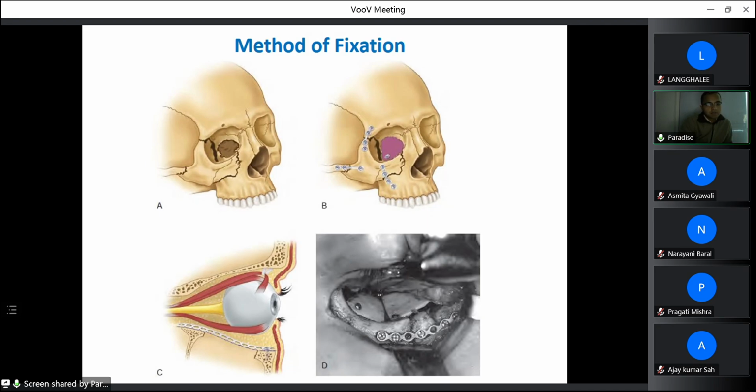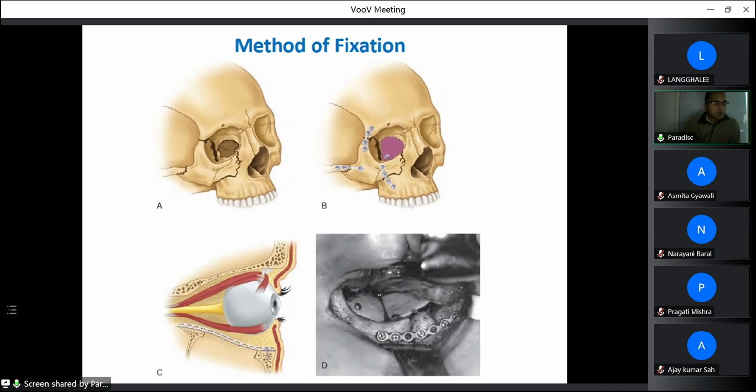The next option is you can give the incision directly within the conjunctiva. That is called the transconjunctival approach. In the transconjunctival approach, you have to give the incision inside the eyelid. So you will not find any scar mark. Aesthetically, it is good. And once you give the incision in the conjunctiva, you will reach the bone directly. There is no other layer, no muscle layer or anything. So directly you can approach the